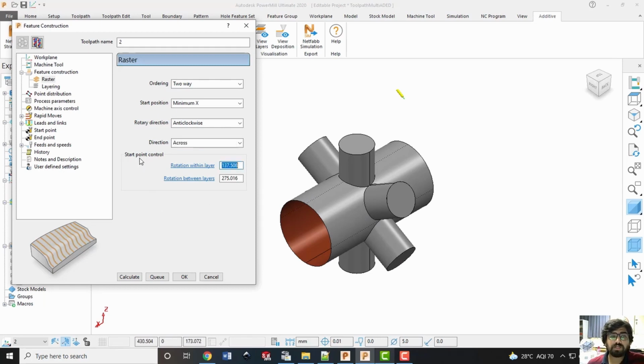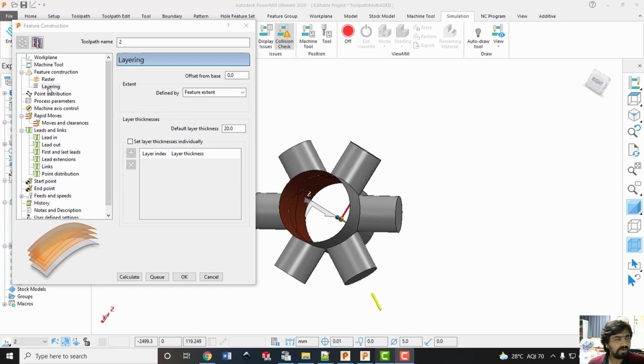If you want, we can control the start point as well, and appropriately we can give the rotation within the layer. When the next layer is going to start, the start point may change. It is sometimes important because we don't want the starting point to remain the same in all the layers, because otherwise the errors that are usually obtained at the start and the end of the process may keep on accumulating and give very bad results in the end. So let us consider it as a default value.